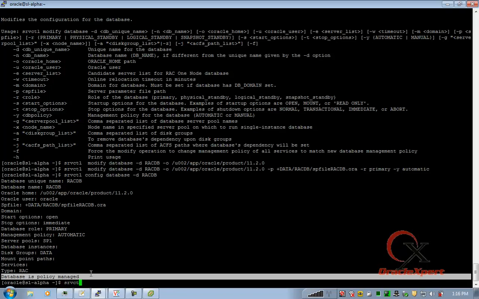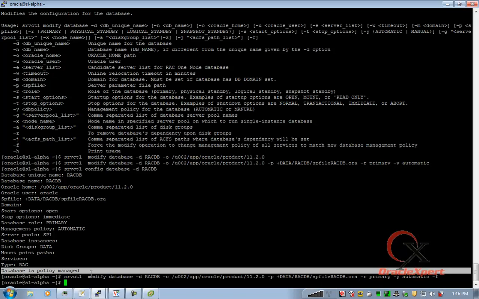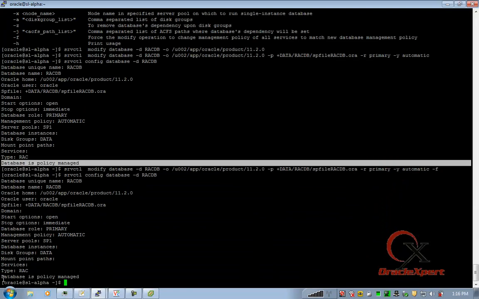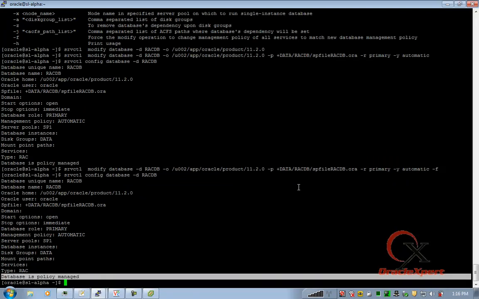Let me try to add instances, or let's try doing with -f. That's what was your argument with -f. It's still reportedly shown as policy managed.